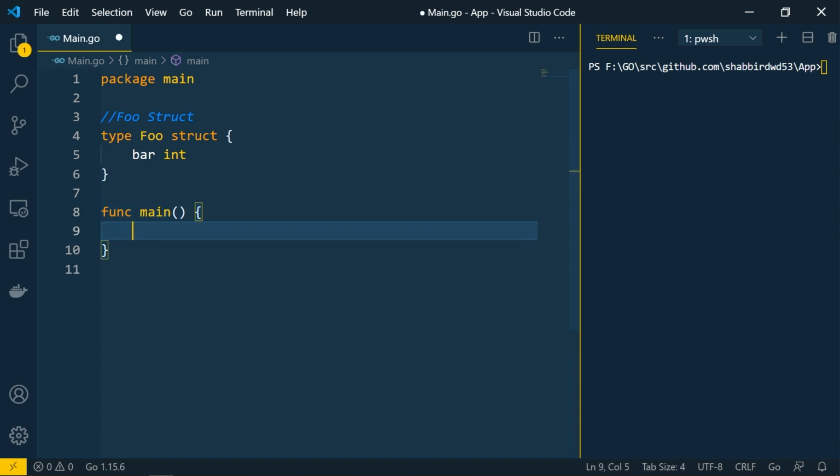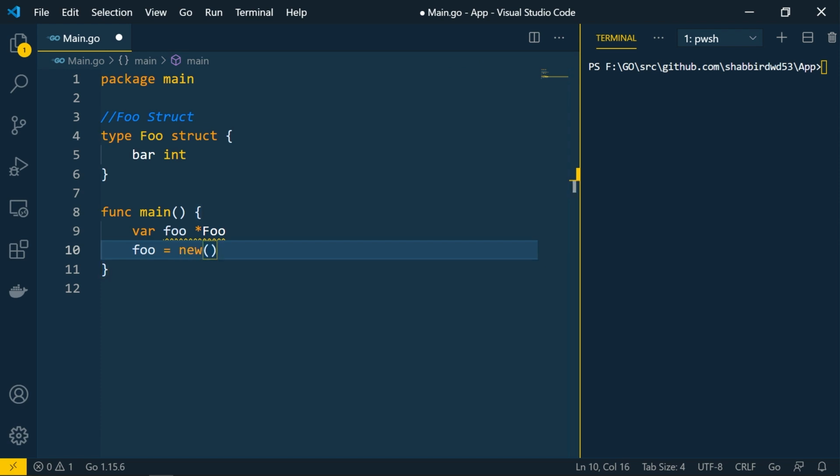Here we can create the memory location and then assign that memory location to a struct. We'll do variable foo of type star foo. Then we can assign the memory location with the new keyword: foo equals new, and we assign foo here.